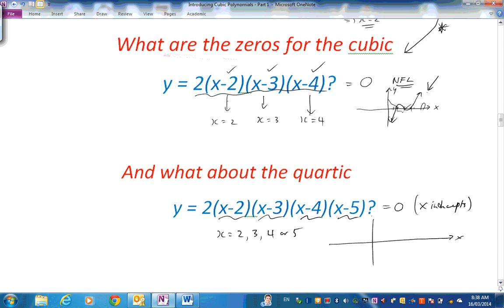Let's try to draw it. It actually goes through 2, 3, 4, and 5. So it actually goes like this. Okay, x and y axes there. It looks like that. It's a bit more symmetrical than that. It should be about like this somewhere. Pretty powerful stuff, isn't it? Minimum amount of calculation. If you have the factored form, you can say a lot about the graph